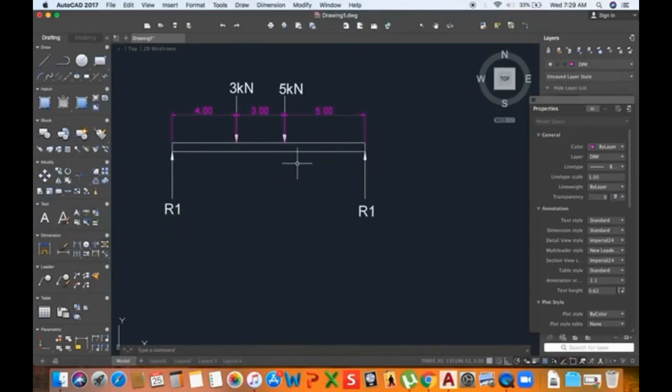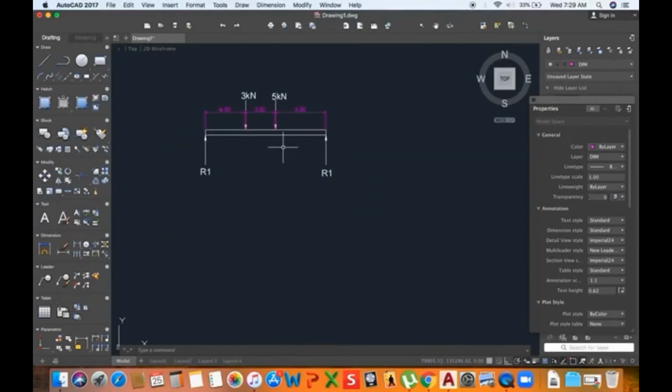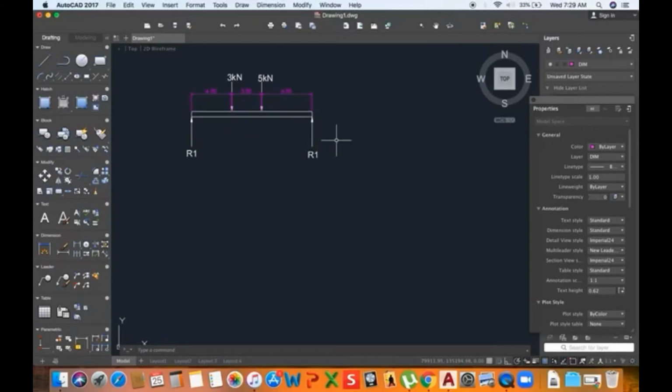Now, once you have generated what we call the space diagram, we are now going to draw our pole polygon, and let me show you how to draw the pole polygon. The pole polygon is the polygon that is going to be instrumental in calculating the reaction forces. Now let me select my default layer. Now the first thing in drawing the pole polygon, we have to